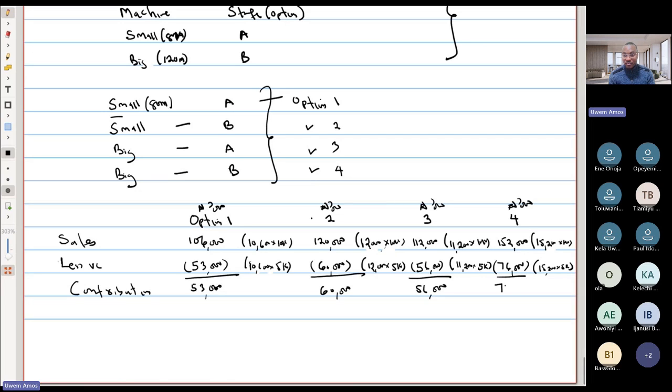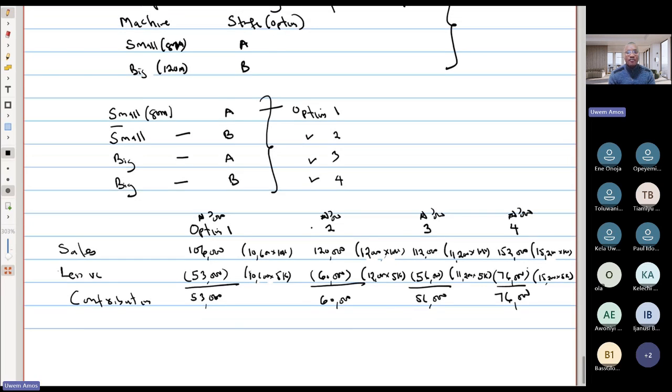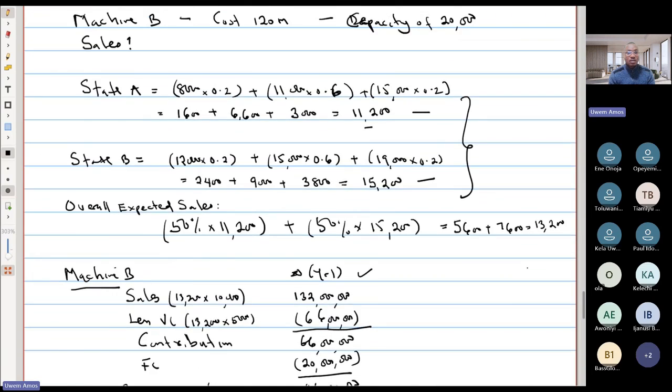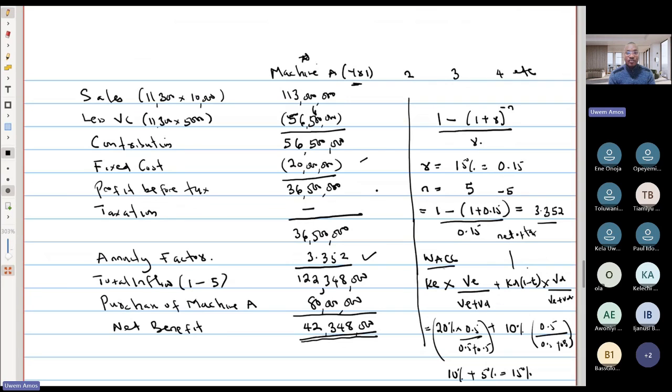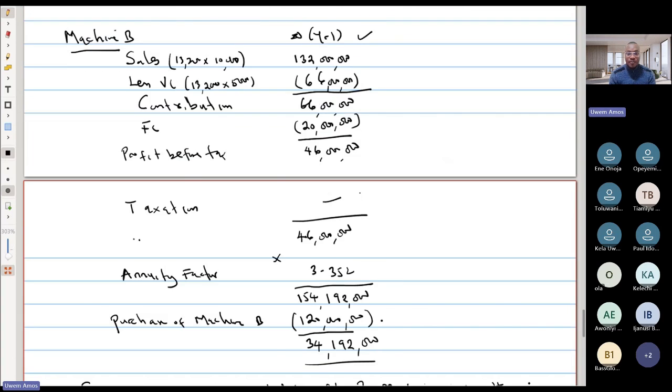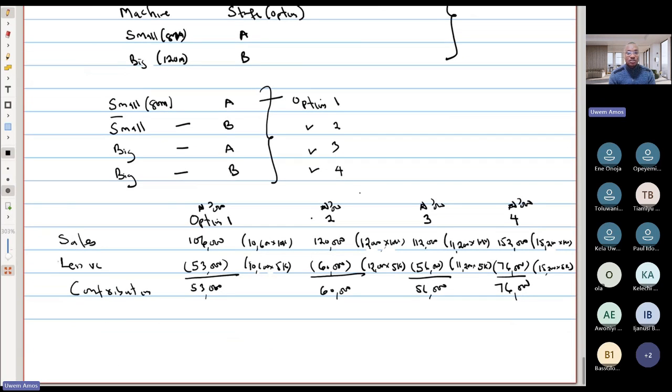And this is 76,000. So every other thing will just come into place. After that, we have our fixed cost, which is how much? Our fixed cost is 20,000. Regardless of the state that happens, we would incur fixed costs. We just need to know which of the options to pick. So our fixed cost remains constant for all of us, which is 20,000,